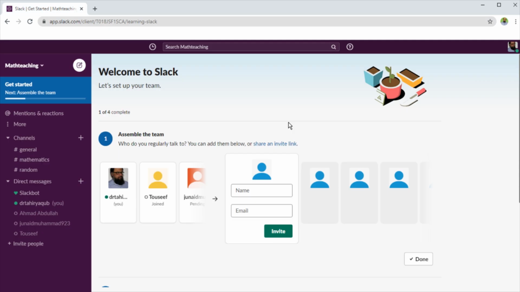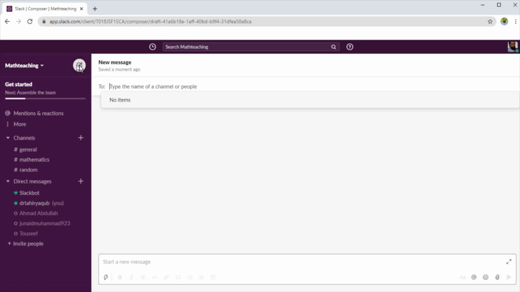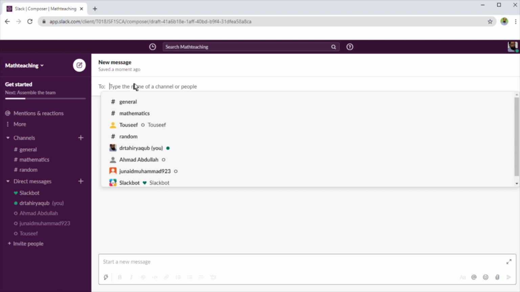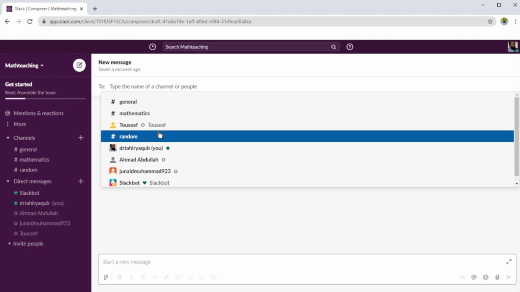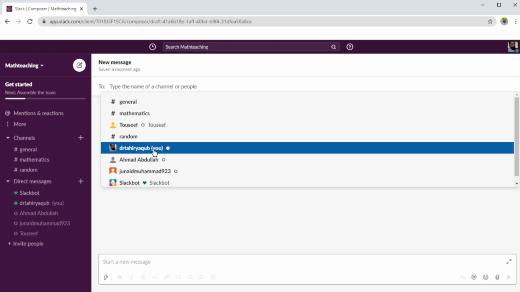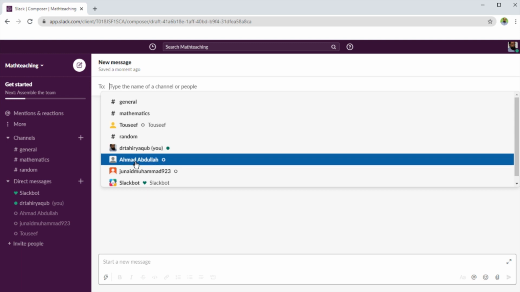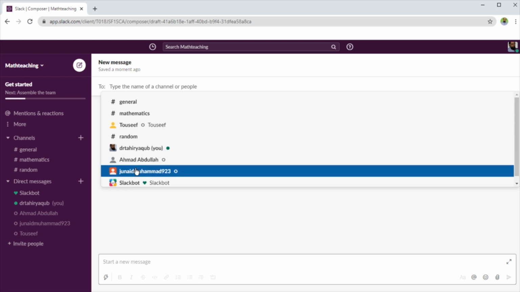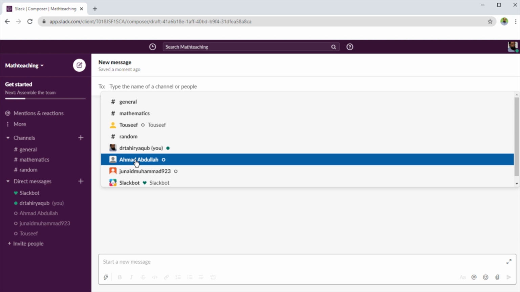Now, as I mentioned earlier that Slack replaces emails, and therefore you will see this icon here where you can create a new message, because this is what you do when you are communicating with your team members. You create a message, and if I click here, first I have to select one of my team members, and I have invited 3 other people in this workspace. So this person has joined. This is myself, and as you can see it is showing me as you, and then these 2 members have not yet joined my workspace.